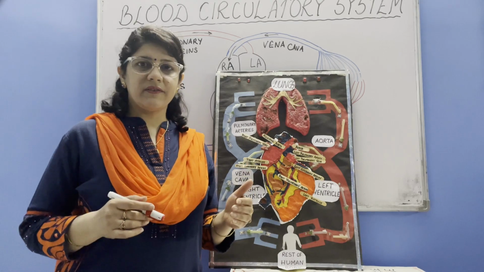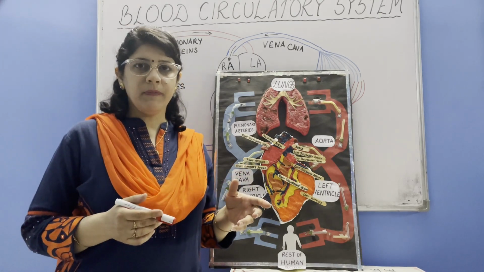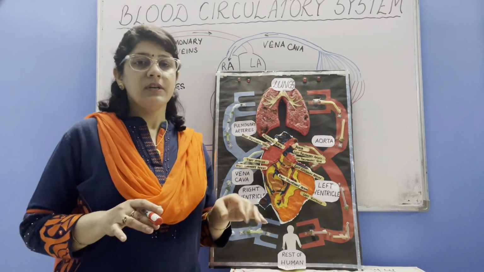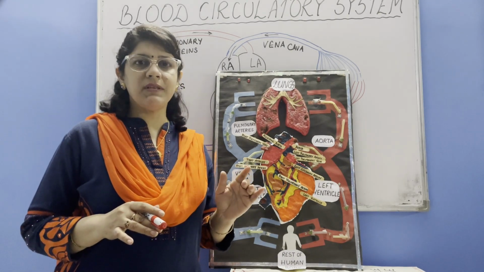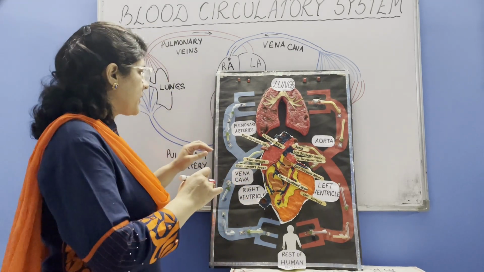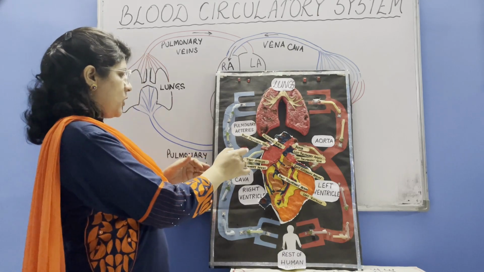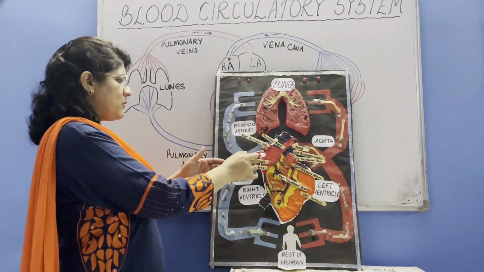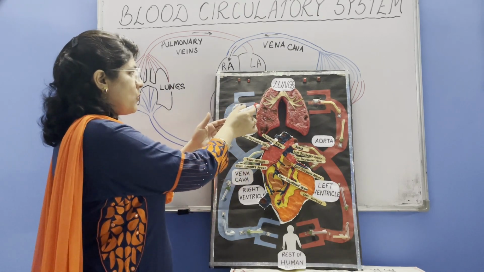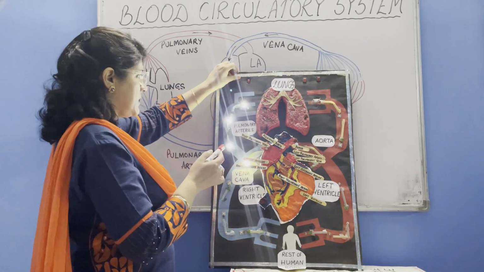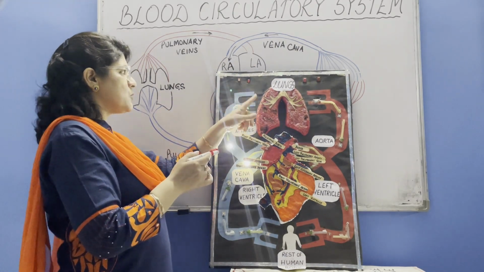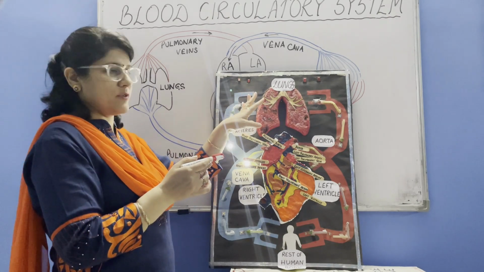Now let us try to understand what is the double circulation system. It means blood flows twice in the heart before it completes one full round. So first is pulmonary circulation, that means with the help of lungs. Try to understand with the help of this project. First of all, this deoxygenated blood from our right ventricle with the help of the pulmonary artery enters towards the lungs. So let's see, this blood is entering from the right ventricle towards the lungs with the help of the pulmonary artery.